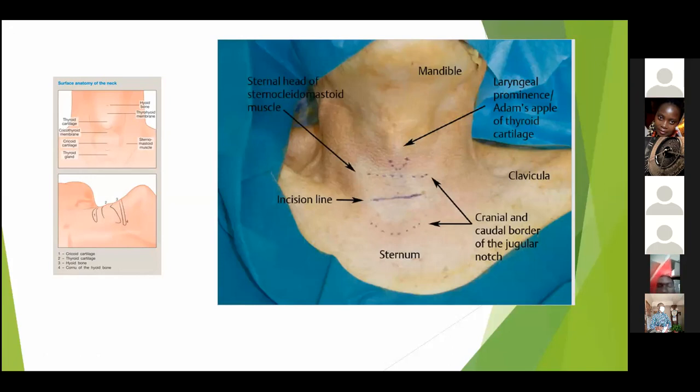Yeah, thank you, Doctor, for the lecture. I was inquiring about accidental decannulation. Does it specifically have to be a long-term complication? Can it occur at any stage after